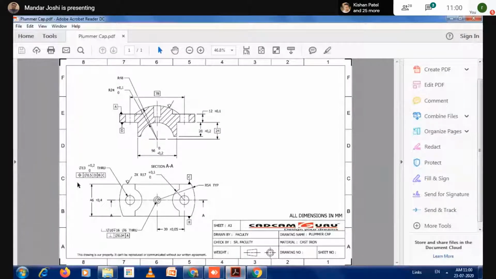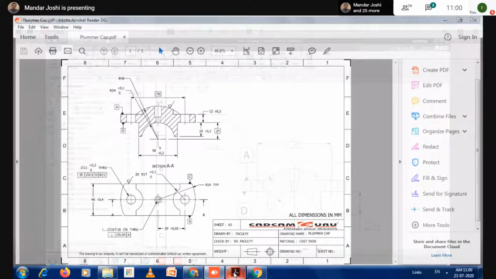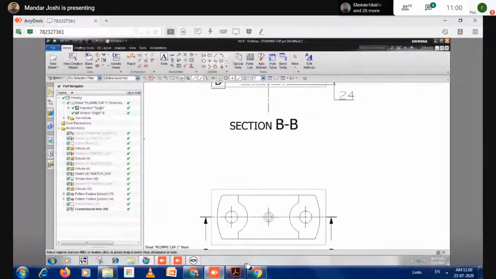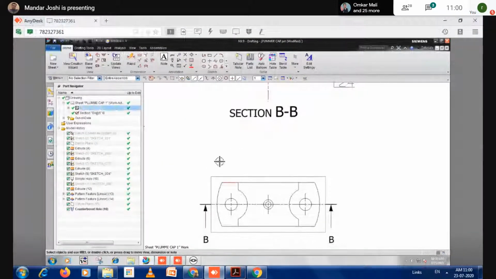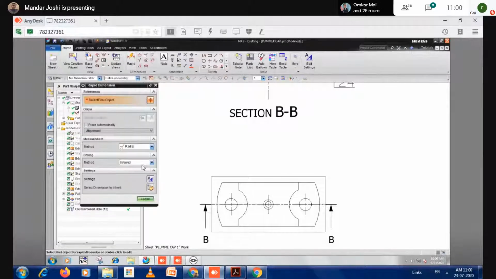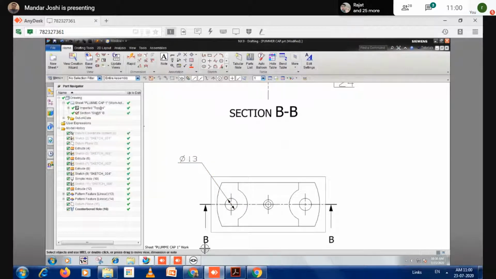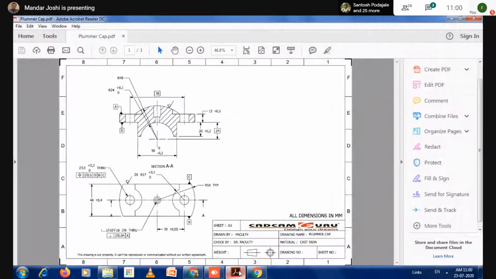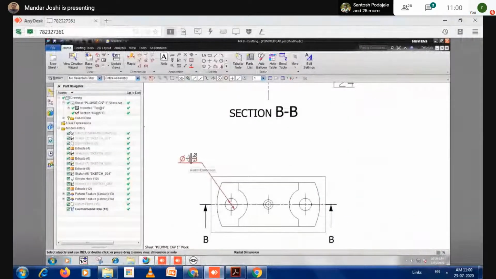Next one, there is a feature control frame for that hole, and some tolerances are also there for the hole. So I'm defining this size, diameter 13, and there I need a tolerance. How much tolerance is given? 0.2. So double click on this,